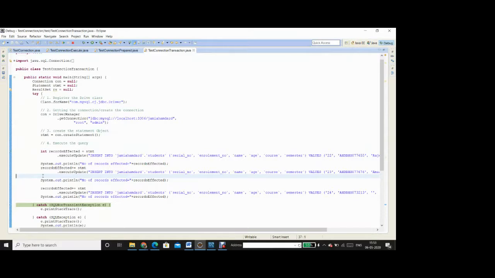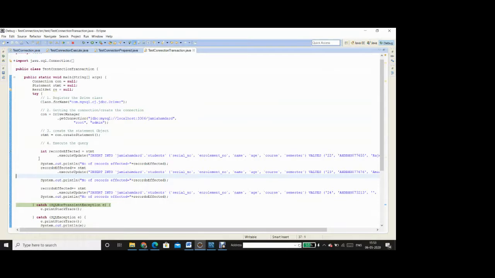So that's automatic. Whenever you fire an executeUpdate with a query, whether it's an insert query or a delete query or an update query, by default, as of now, a commit statement is being sent to the database, and the state of the database is changed after each and every single execution of the statement.